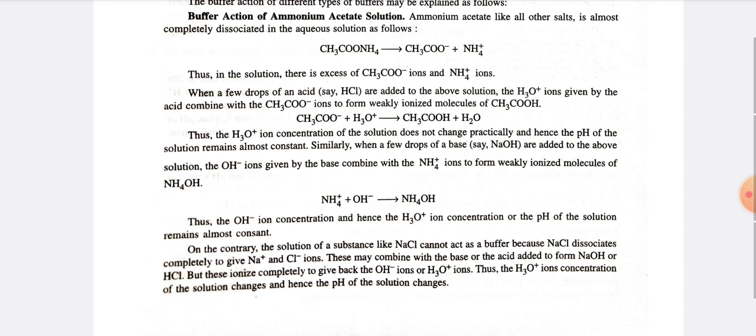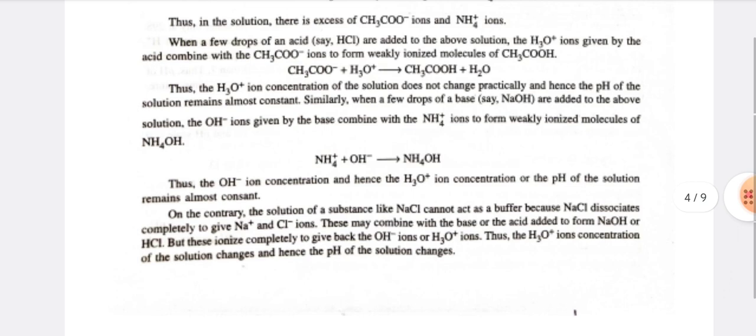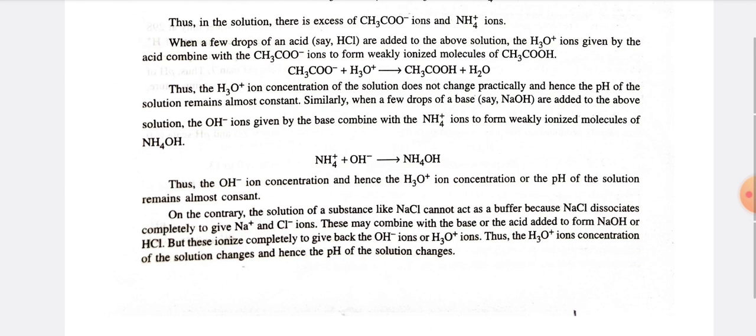almost constant. Similarly, when a few drops of a base are added to the above solution, the OH negative ions given by the base combine with the NH4 positive ions to form weakly ionized molecules of NH4OH. NH4 positive plus OH negative gives NH4OH. The OH negative ion concentration, and hence the H3O positive ion concentration or the pH of the solution, remains almost